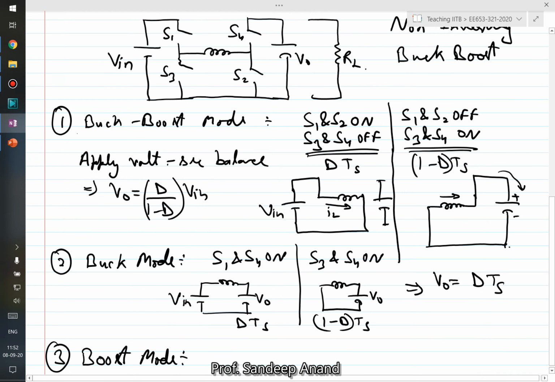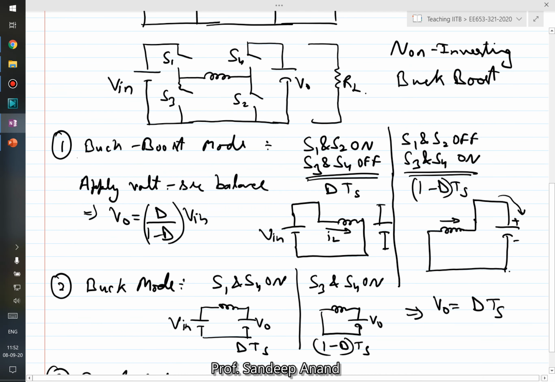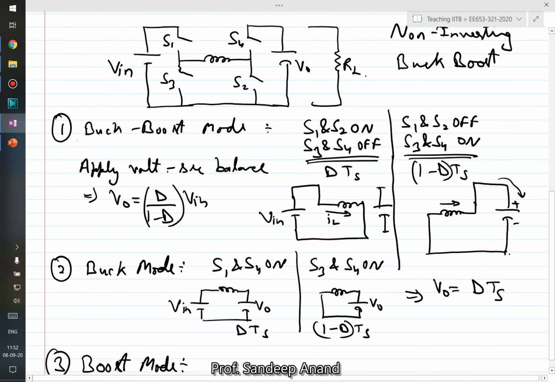All right, now once we understand that this is the circuit which can operate in all of the three modes, how do we do switch realization, right? So you can do switch realization for this circuit. You can have a look at section 7.1, which is on switch realization, if you have not looked at it till now, right? And using that basic principle, you can do the switch realization for this particular circuit.